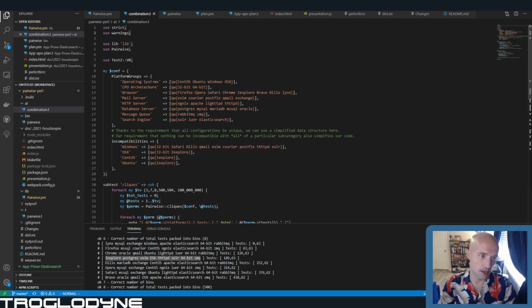Just to get right into it, when we look at these groups of platforms here, you might notice something very particular about all of them. None of them ever repeats an element in between each list, right? This is a very realistic thing when you're actually building a system under test. You can't have a system whose operating system is also a CPU architecture. That just makes no sense, right? So that's one constraint that is literally going to save our lives here,